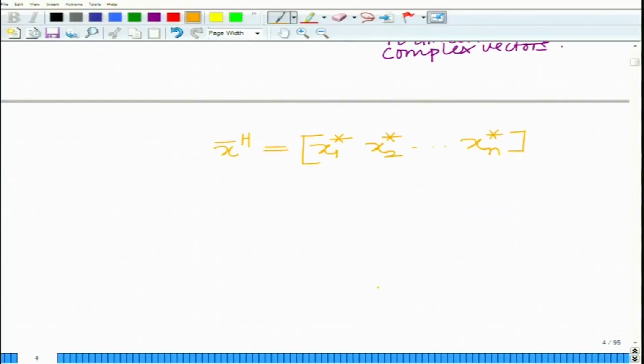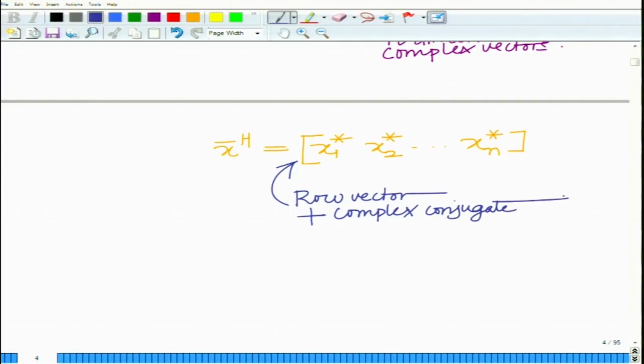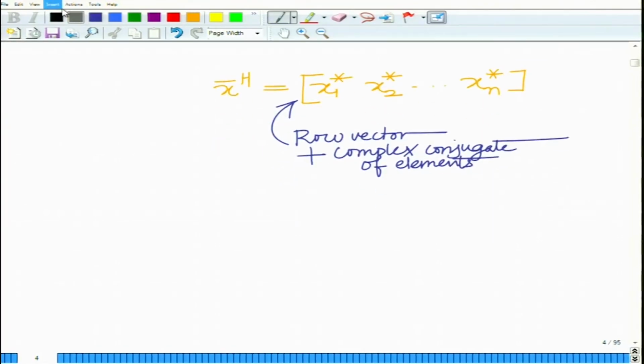In fact, now here in this case you are taking the Hermitian of a vector, the column vector becomes a row vector, and you also in addition take the complex conjugate of each complex element. So, that is basically your x bar Hermitian. All right. So, two steps, one is you basically perform row vector plus the complex conjugate of the elements, and